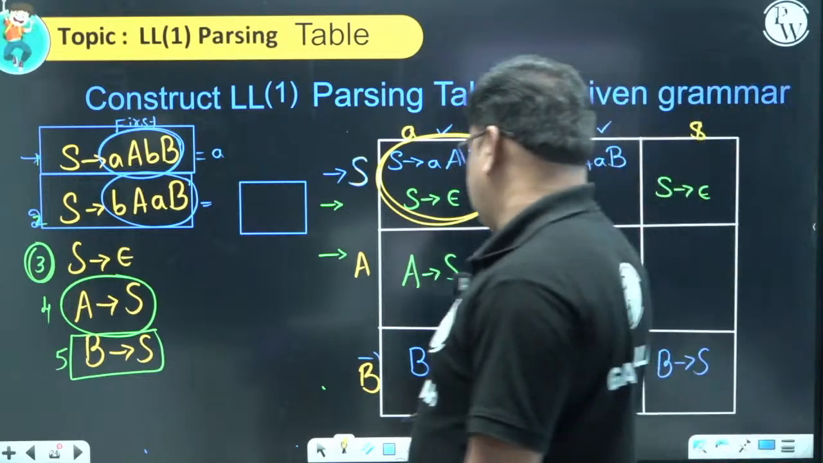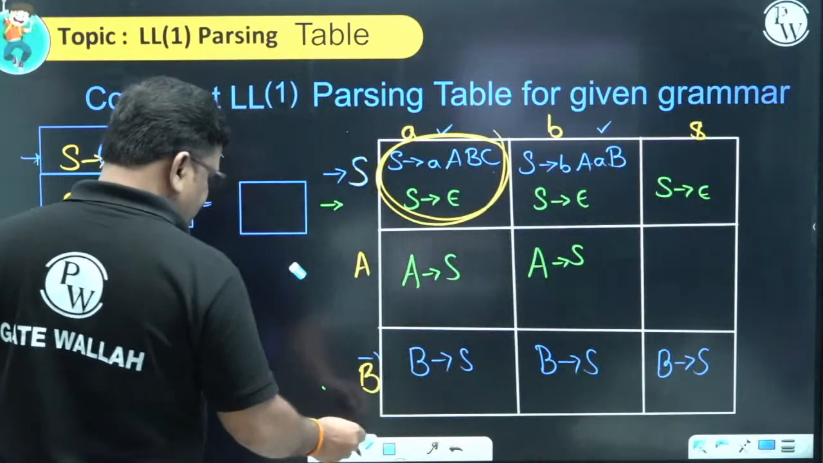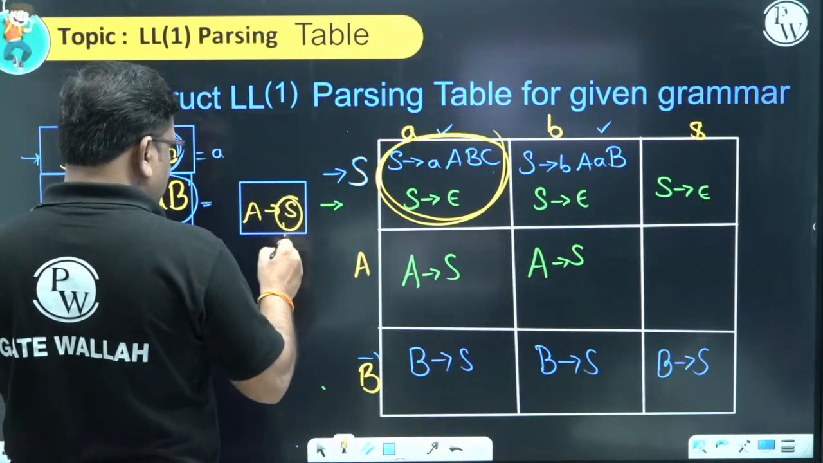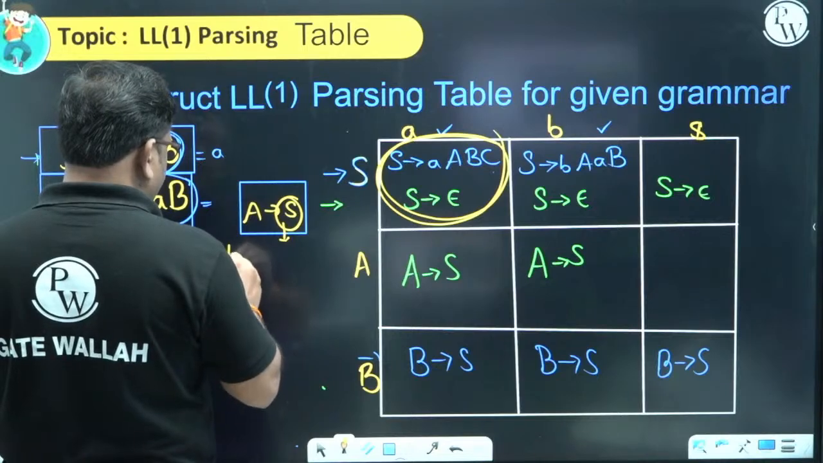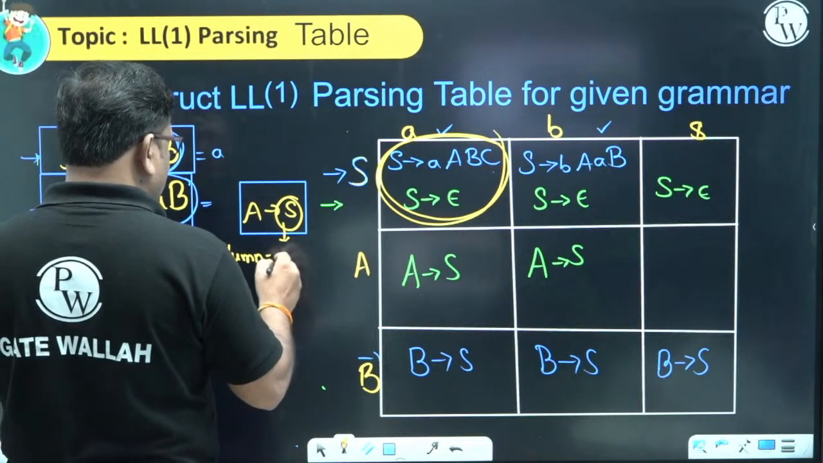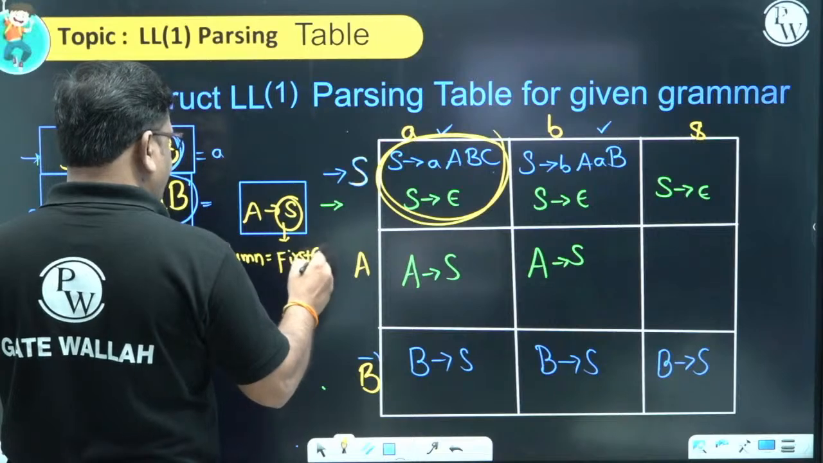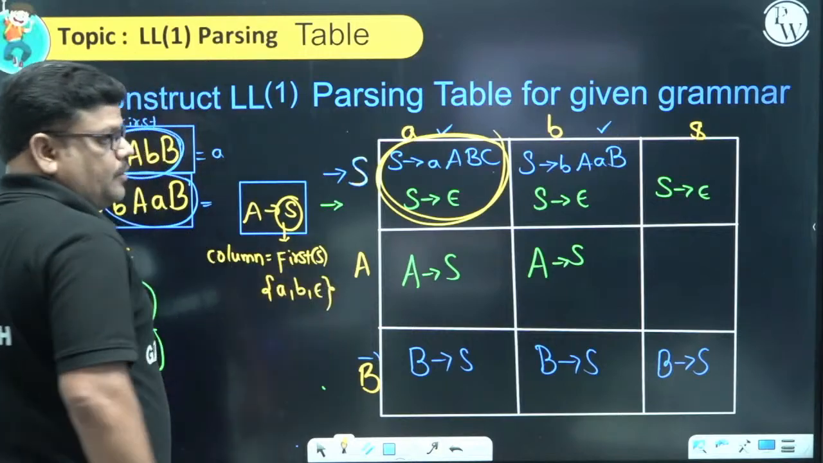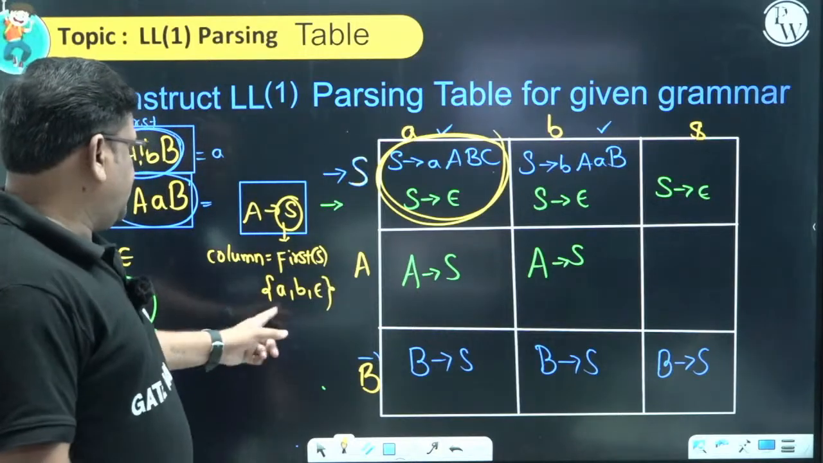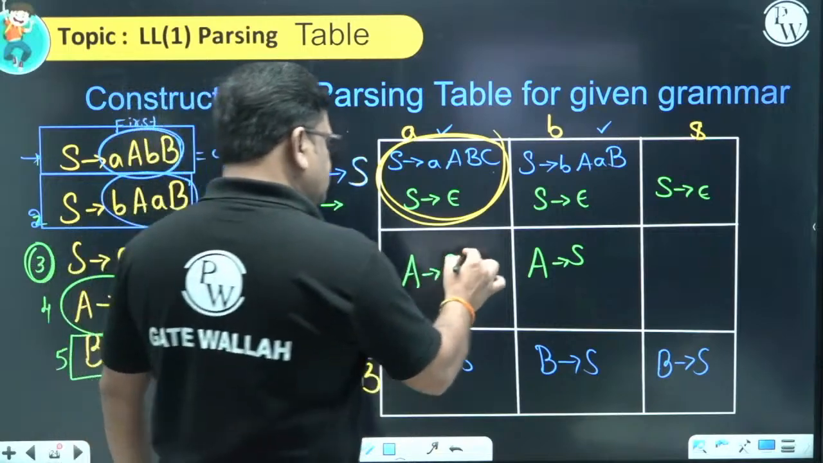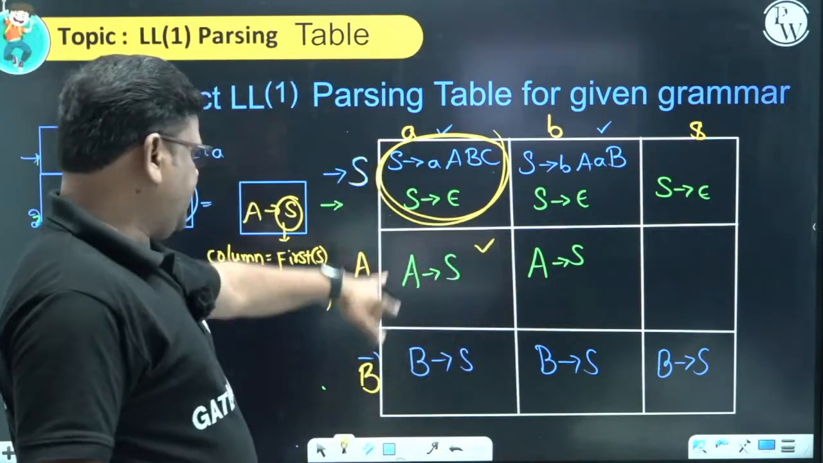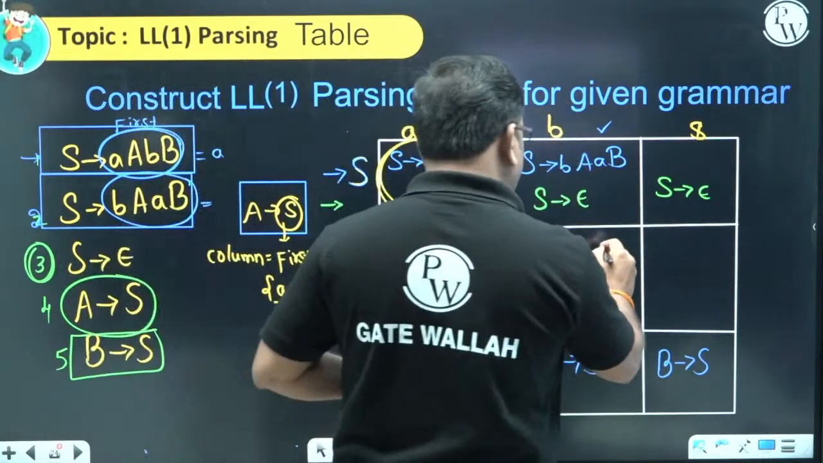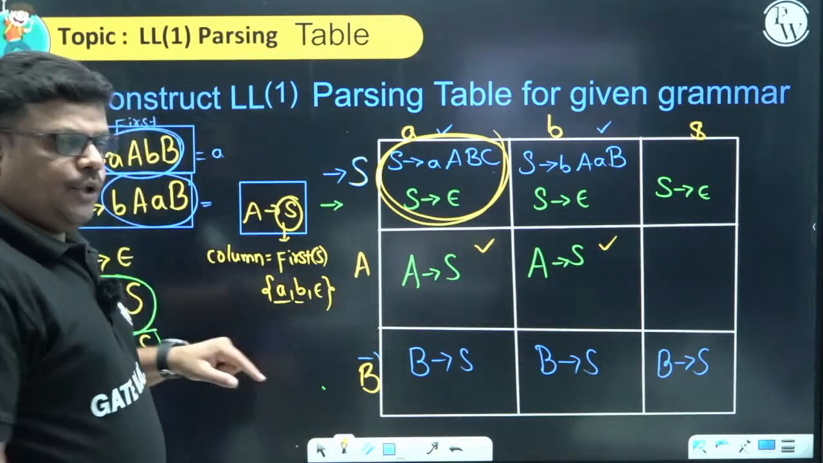See here, if anybody has any doubt, I am computing this once again. A gives S. So here, to decide about the column, first of S, that is A, B, epsilon. Look once again at how I am computing. A, B, epsilon. For A, we have to place this production in column A. And we have B value also, so in column B also we have to place this production. And due to this epsilon,